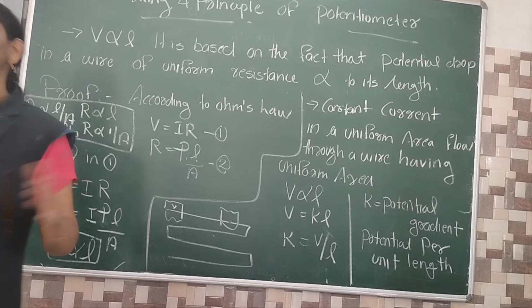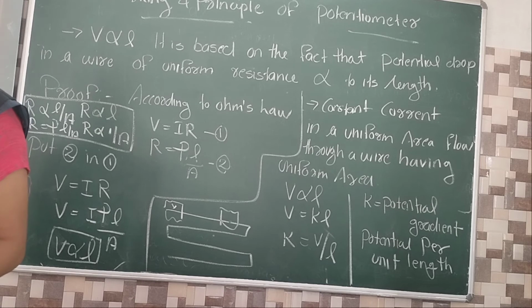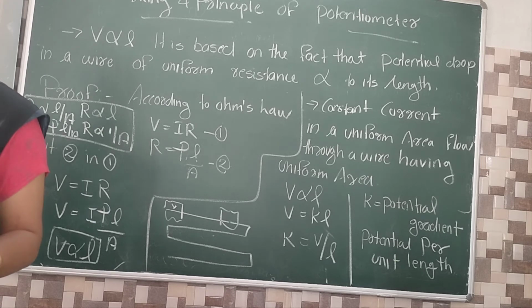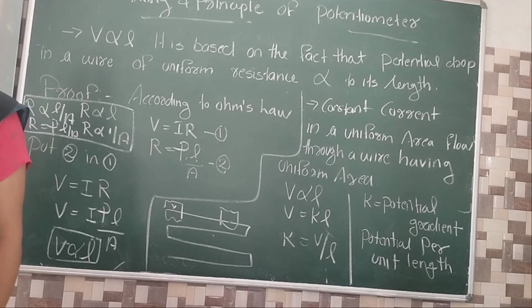What about the meter bridge? Only a 1 meter wire. Because the length of the wire is not a matter in the case of meter bridge. But in the potentiometer, length is the hero. So that's the reason we have to provide long wires for the arrangement. Clear everyone? Pause the video please.